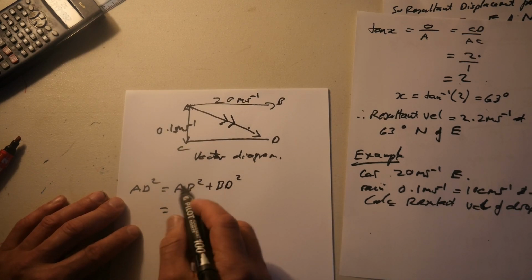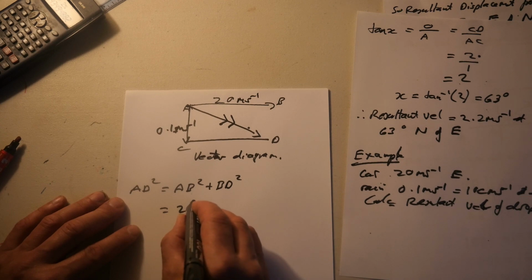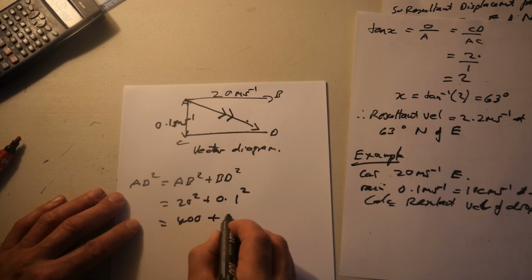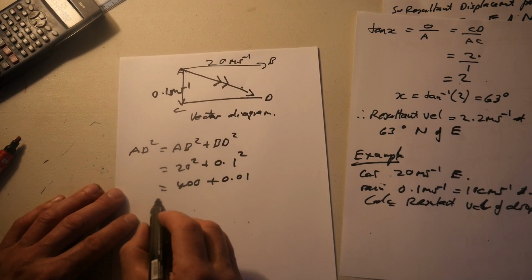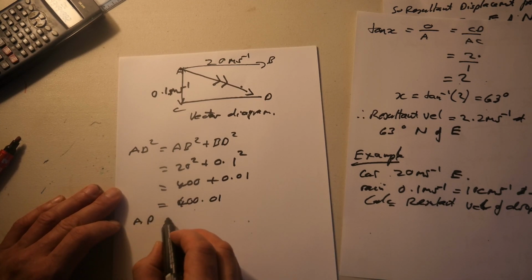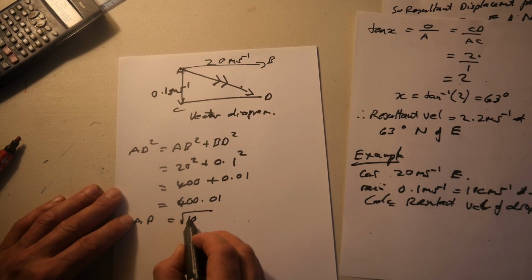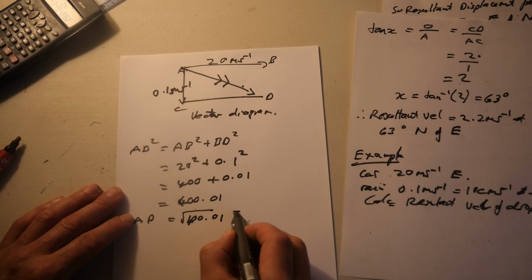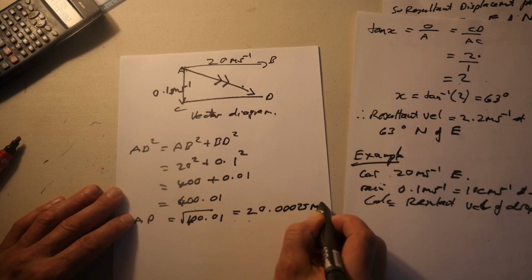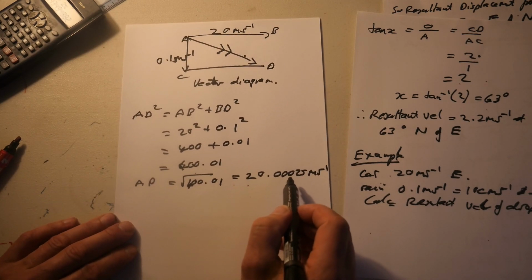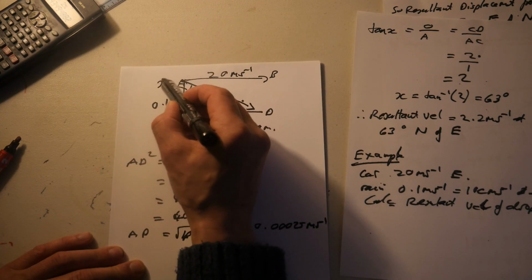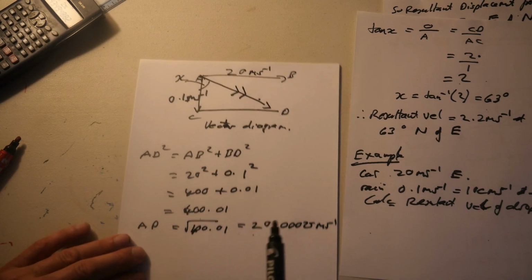So AB squared is 20 squared plus 0.1 squared, which equals 400 plus 0.01, which equals 400.01. So AD equals the square root of 400.01, which equals 20.00025 meters per second. Okay? So I know it seems a very small amount, but then if you've got x there, the angle, so you've got